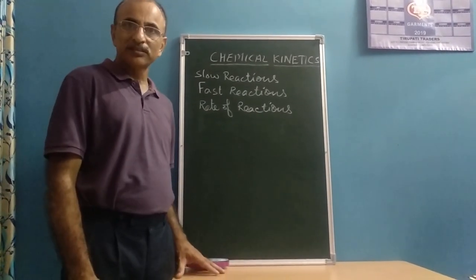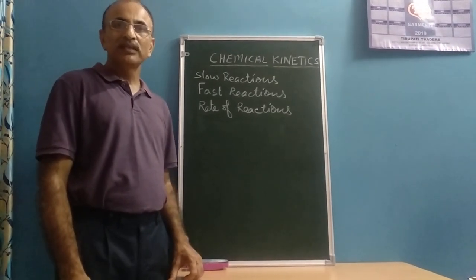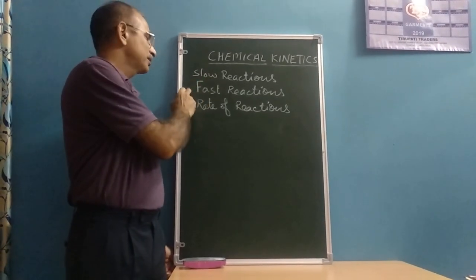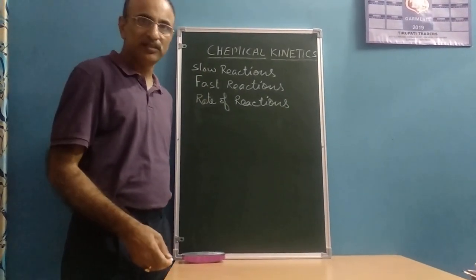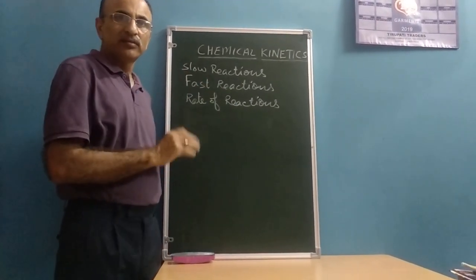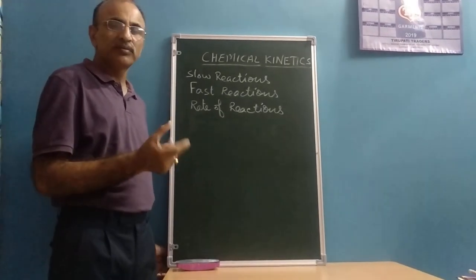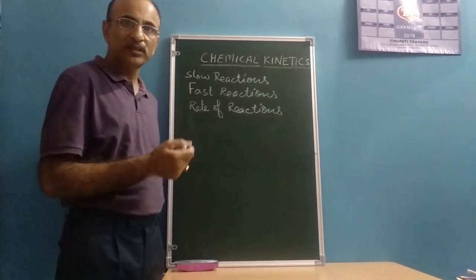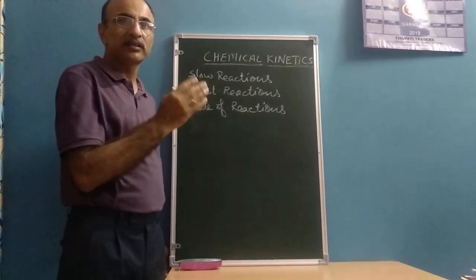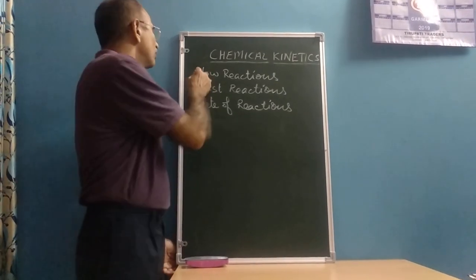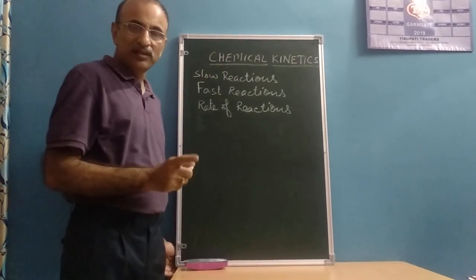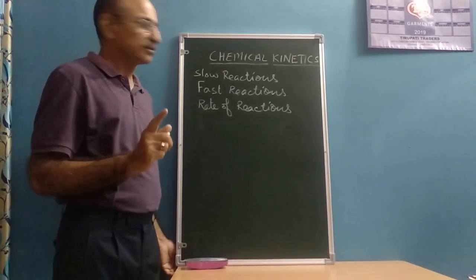There are a number of reactions which are slow. With the help of those slow reactions we will be able to determine the rate of reaction. But on the other hand, we have some fast reactions. From a fast reaction, it is very difficult to find out what amount of reactant has been converted into product in a particular time. This is the reason why the rate of any fast reaction cannot be determined. We are going to concentrate on slow reactions only for determination of rate of reaction.